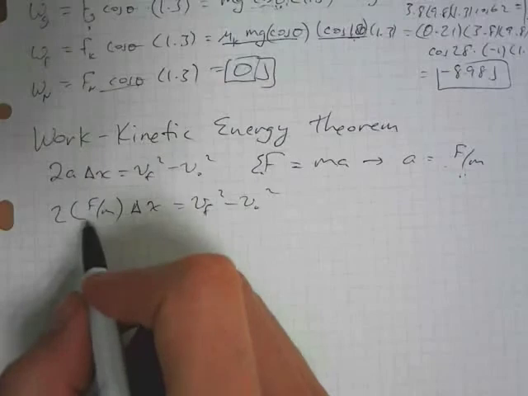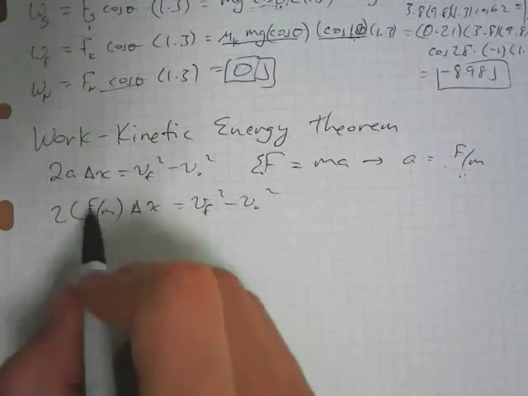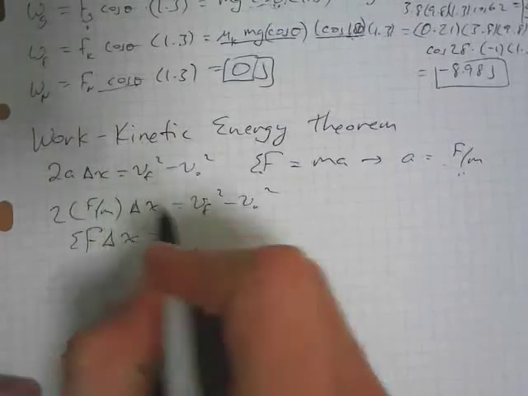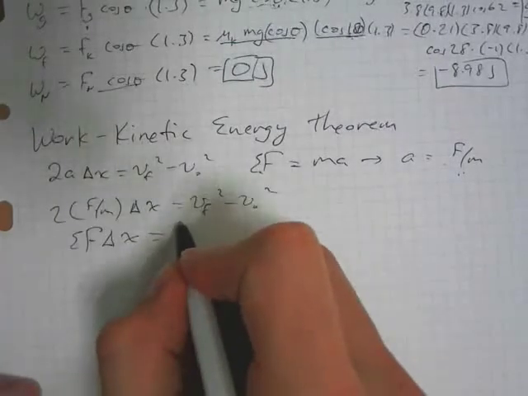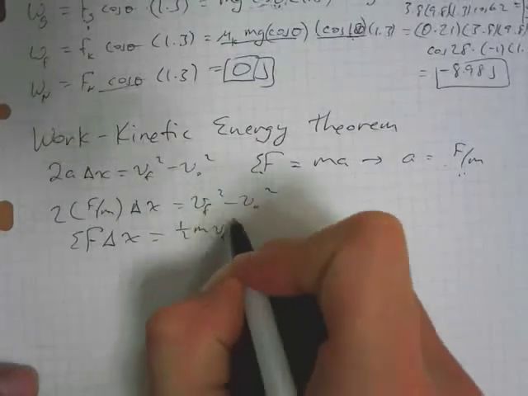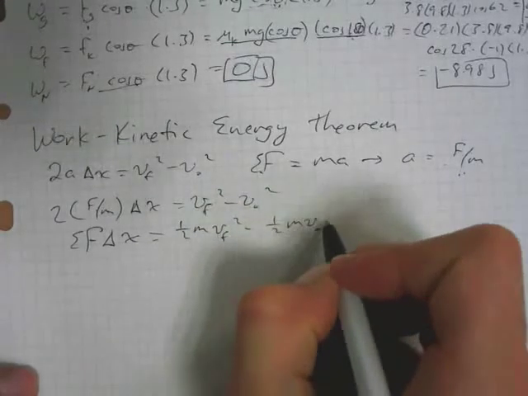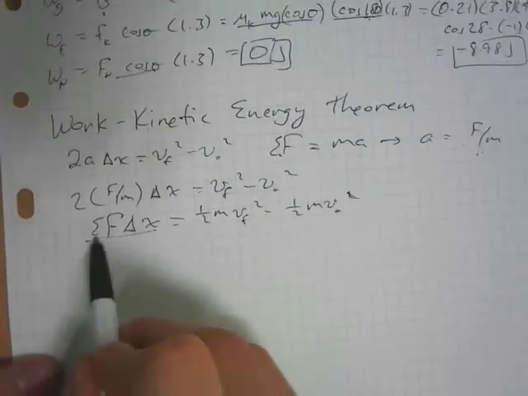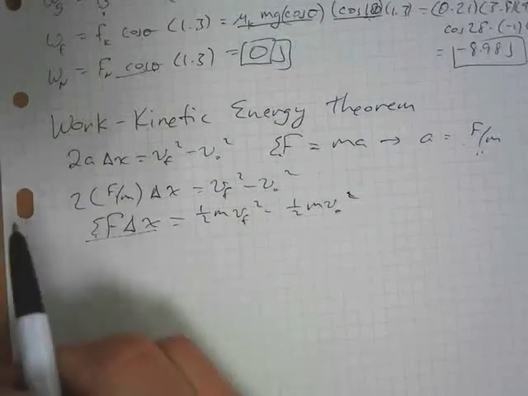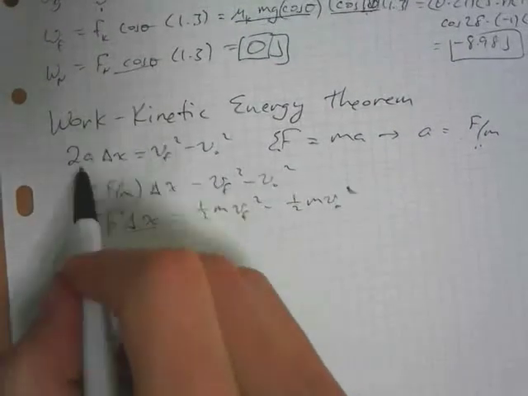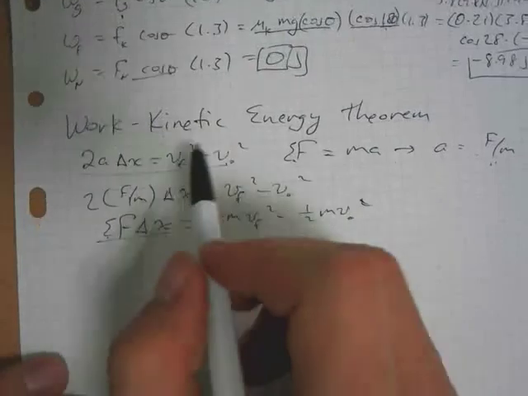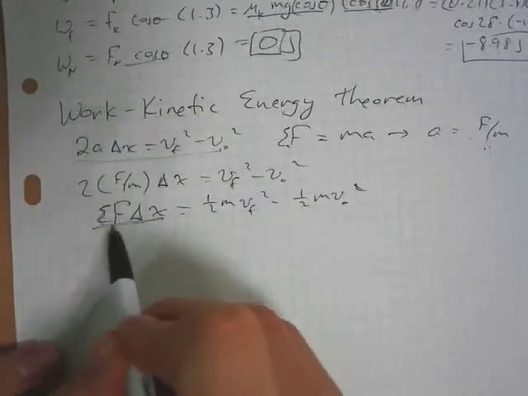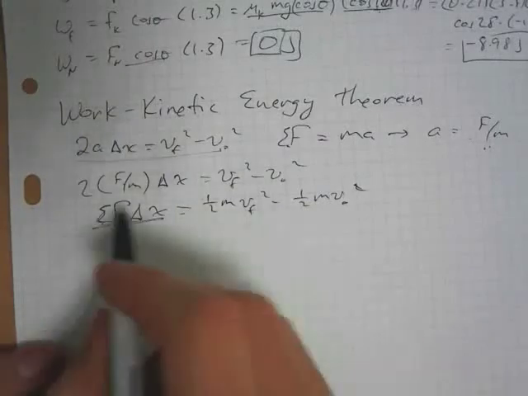And then if we leave this here, this is the sum of the forces times delta x equals, move the m and the half over. That gives us this. Just rearranging it. So this right here, sum of the forces times delta x. Now this is assuming we're in one dimension, so the acceleration is in the direction of motion. So we're assuming here force is in the direction of motion. We could change this to throw in the cosine theta if we needed to, but basically what this is saying